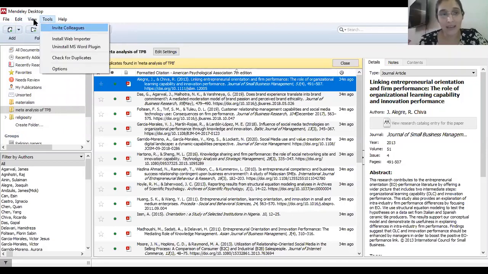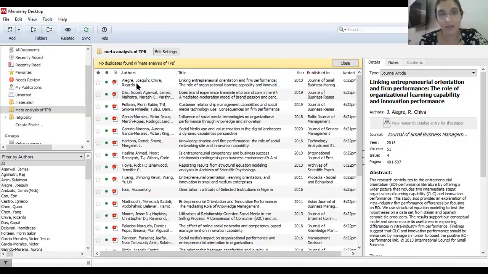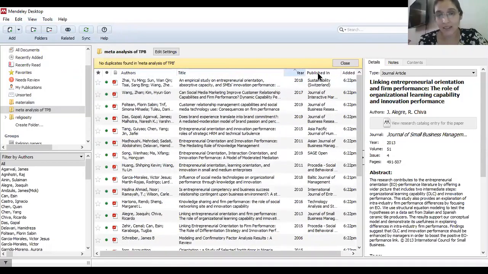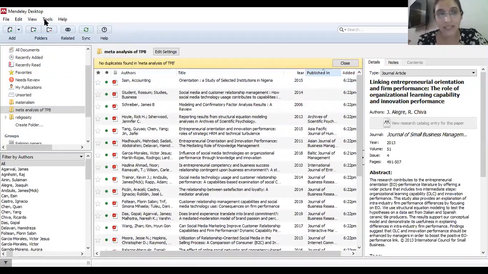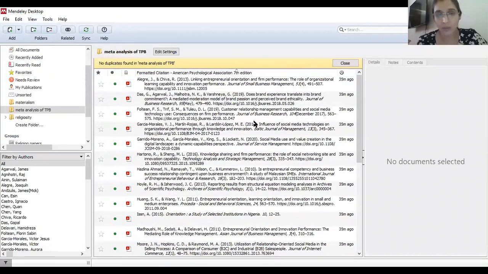One is library as a table, with author name, title, year, published in. The other is the citation view, where you actually get the bibliography citation.